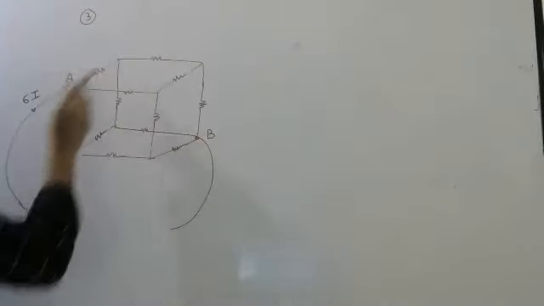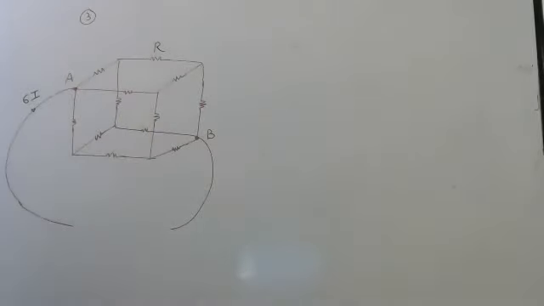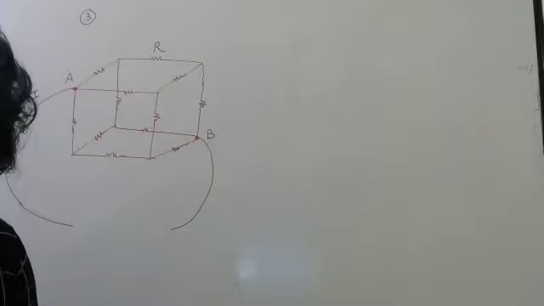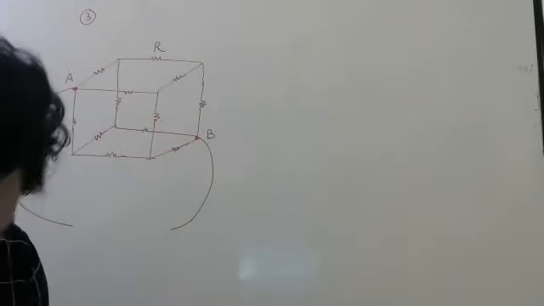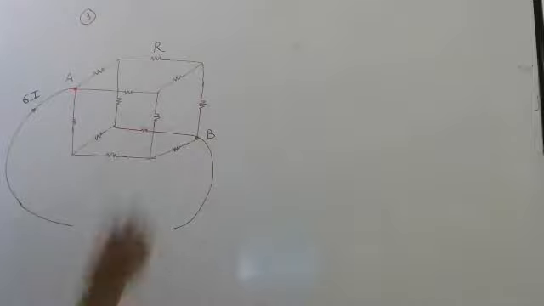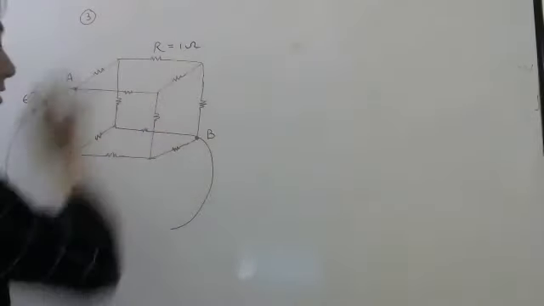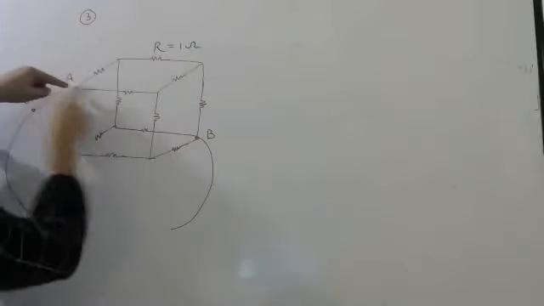So let us assume 6I. Now why have I taken 6I? If you take 6I, you can see this resistance, this resistance, this resistance, all are the same, all are equal. The value of each resistance is how much they have mentioned, students? 1 ohm. So each one of them is 1 ohm. Since each resistor is the same, when the current comes like this, it will divide equally.